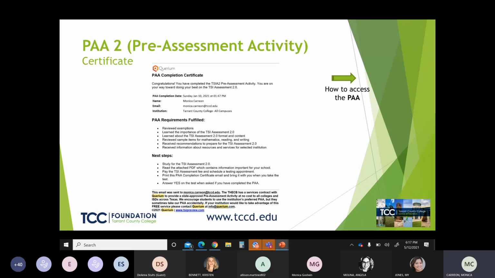And also, you will have to put in your MyTCC email. Using your MyTCC email when communicating with any staff member or faculty member of TCC is very, very important. That's the only way that we communicate with our students, and that's how we can verify that it surely is definitely the student that we are communicating with.